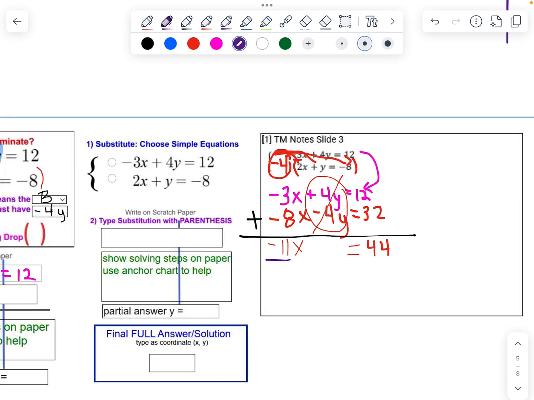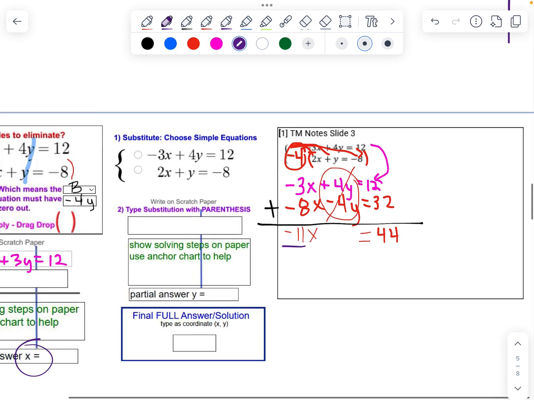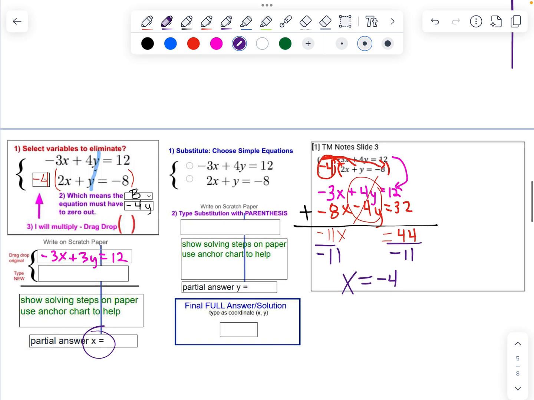If I'm looking for x, remember, we're trying to get x equals, so that means I divide by -11 on both sides. So on my paper, I've got this work, and I'm saying x equals -4. That means on my computer screen, I can type in -4 right here and hit check my answers. Then, this x equals -4